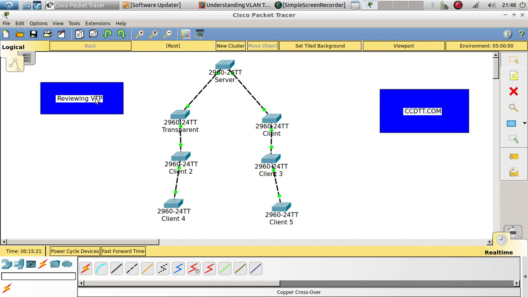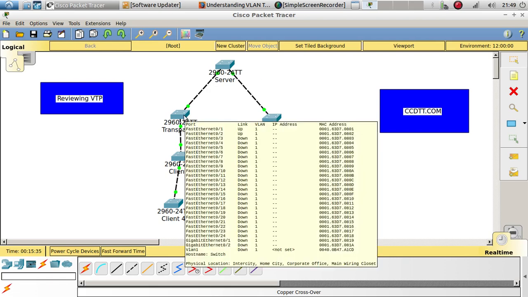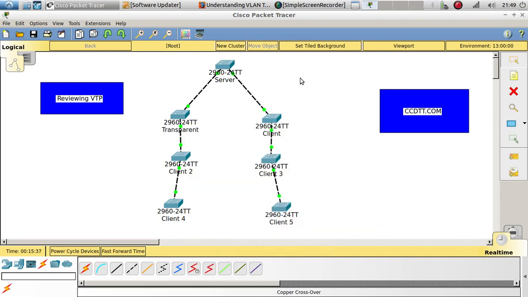We are going to just actually review VTP. We are going to talk about VTP transparent mode, client, server. Also going to talk about VTP domain, password, and also we are going to talk about how to troubleshoot VTP. So we're going to talk about everything about VTP that I actually remember from when I learned VTP. Okay,